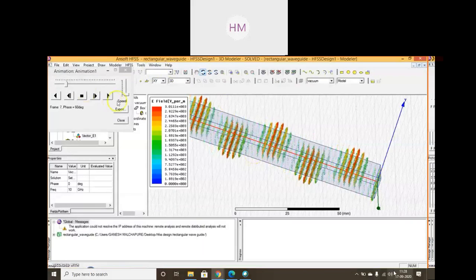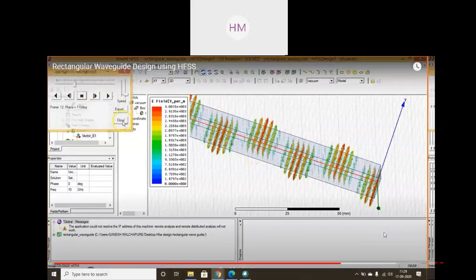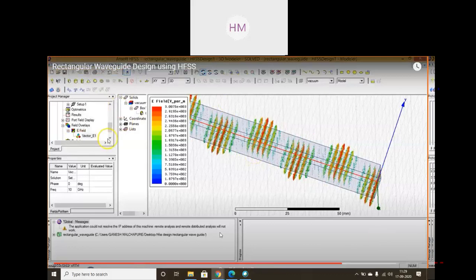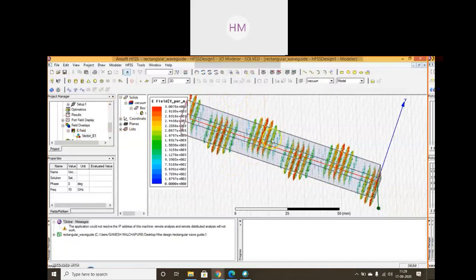So it is showing you the animation effect. You can close the animation effect. Field overlays, E field, vector E1. Okay, and these waves are moving through your rectangular waveguide. You can see how the wave is traveling within the waveguide.